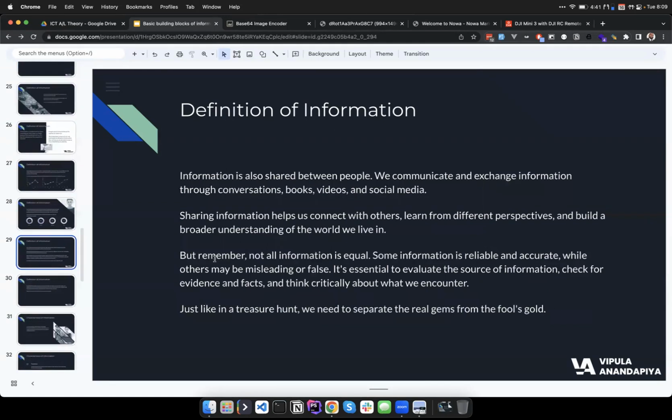So information is also shared between people. As we know, we communicate and exchange information through conversations. So this is also an information sharing session where I share my knowledge with you guys so that we get our knowledge expanded based on the topics we are discussing. So sharing information helps us connect with each other, learn different perspectives, and build a broader understanding of the world we live in. So a long time ago, not like very long time ago, let's say about 20 years ago, the world was really different because